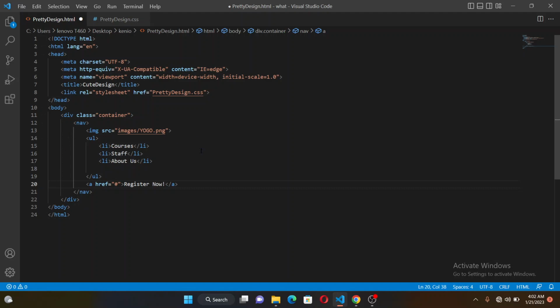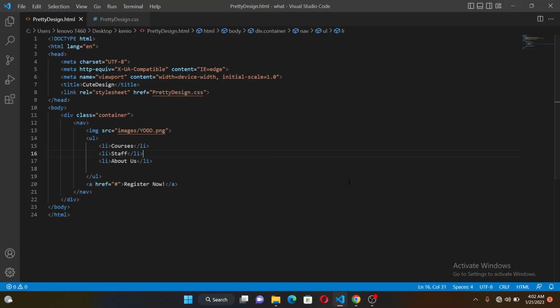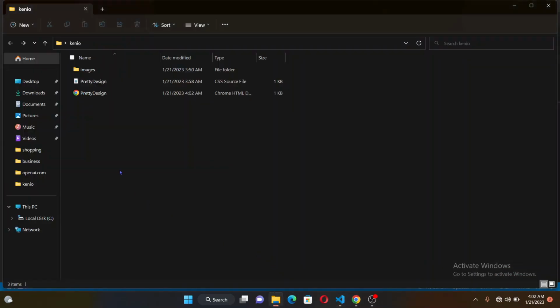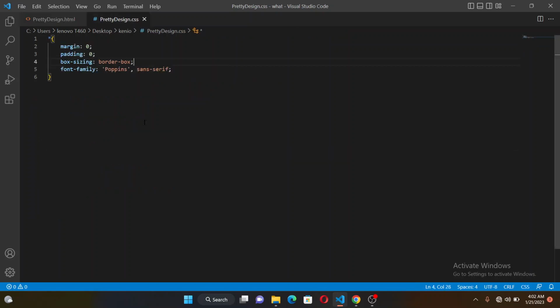Let me go and start styling this, but before, let me save these changes, come and refresh it, and open it in a web browser. If I come here and open it in a web browser, you can see how it looks. So we're going to style this nav. Let's come back to our CSS file here, and now I'm going to start targeting the outer div, which is the container. So for class container,